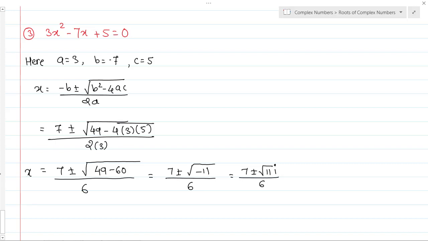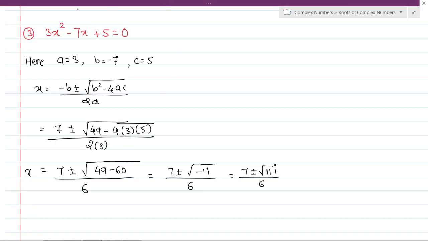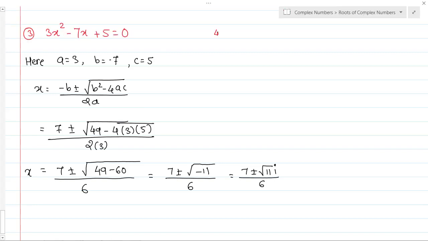Perfect. Okay, so with this I will be giving you the fourth question as homework. So take this fourth question, which is nothing but x square minus 4x plus 13. You make use of the same concept, same approach, and you just try to solve this question and get the value of x here. So again for this question also you will be getting two values of x. Okay, perfect. So with this we have solved the second section of this exercise also, and the next sections, that is section number 3 and 4, we will solve in the next video.